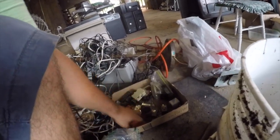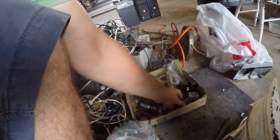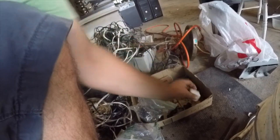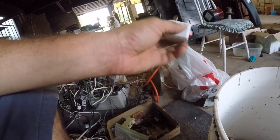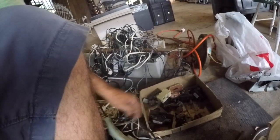These are all plugs. I know these splitters will sell at the flea market fairly well. I'll put them in the flea market box over there. I don't know what that is. Looks like an on-off switch. I might sell that at the flea market too. Oops, that one missed. But looks like the rest is...